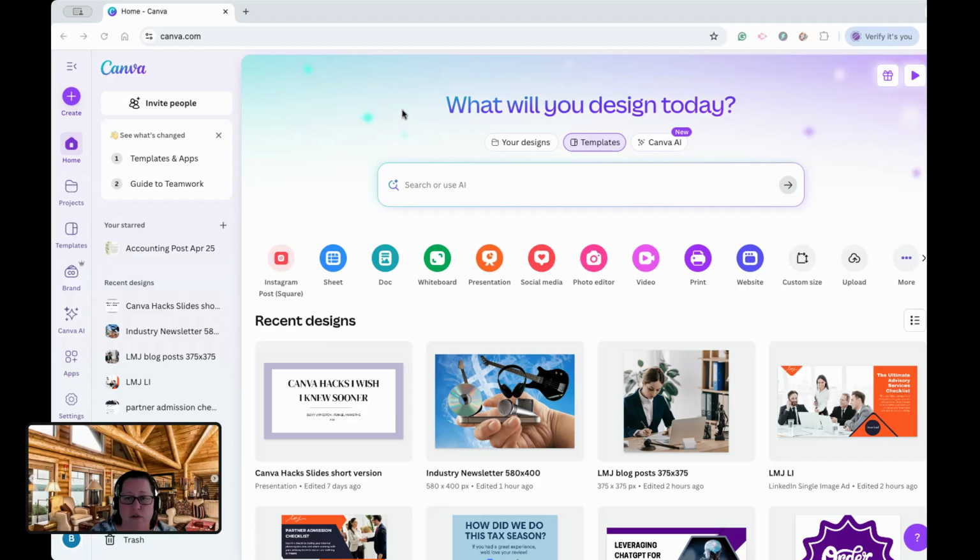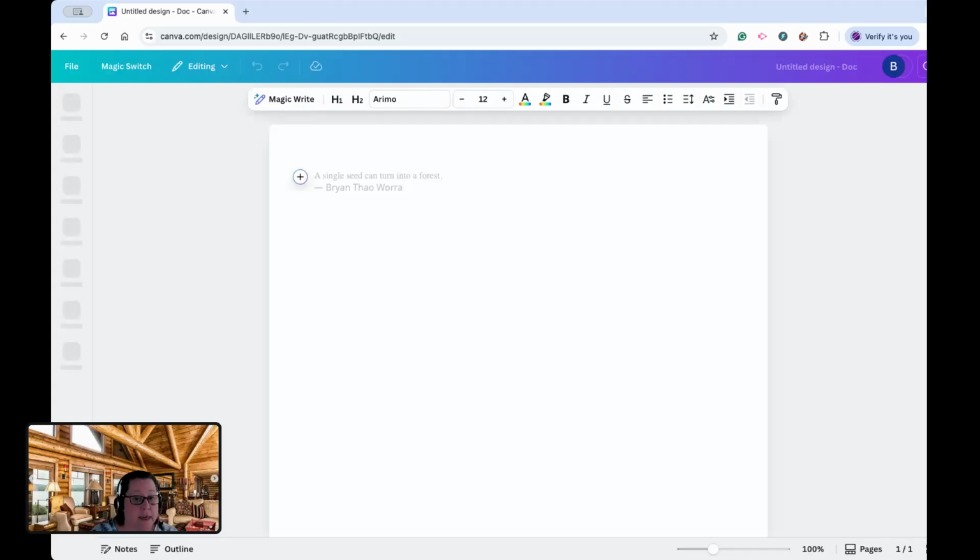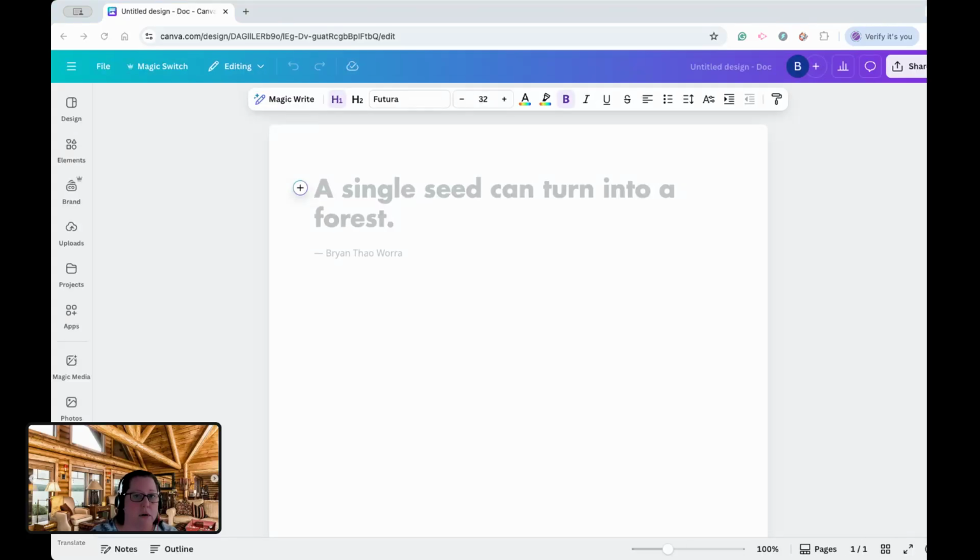So, the first thing you're going to do is log into your Canva account. This is a paid feature. What I'm going to do is open a blank document. Then I'm going to copy a blog article that I have off my website, and I'm going to paste it in there. So, let me go grab